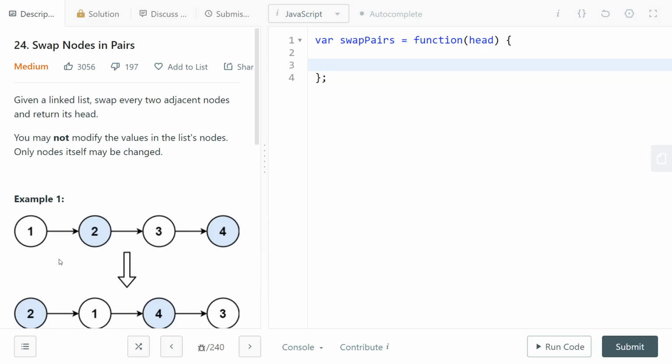So LeetCode 24, swap nodes in pairs. For this problem, you're given a linked list and you just want to take every pair of nodes and swap them. So how do you actually swap a node? Well, you need to have a pointer that points to it so that you can overwrite that pointer with the